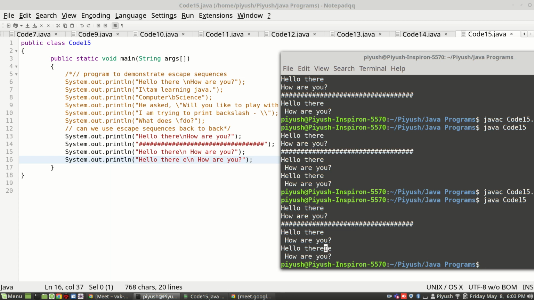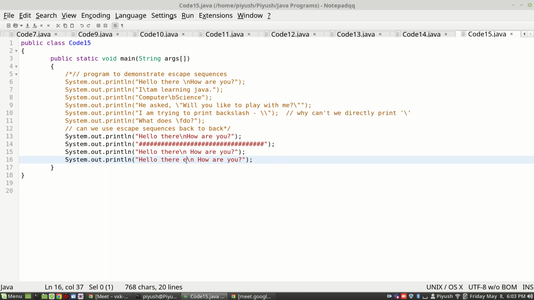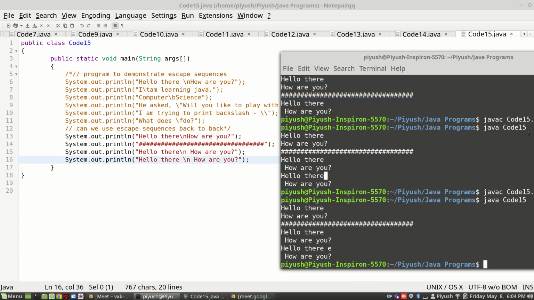So in the previous case also, one space was printed, but we could not figure it out because there was no character after the space to reflect that. So though the outputs are not the same in the true sense, they appear to be the same for line number 15 and 16, because we cannot see blank spaces on the screen.